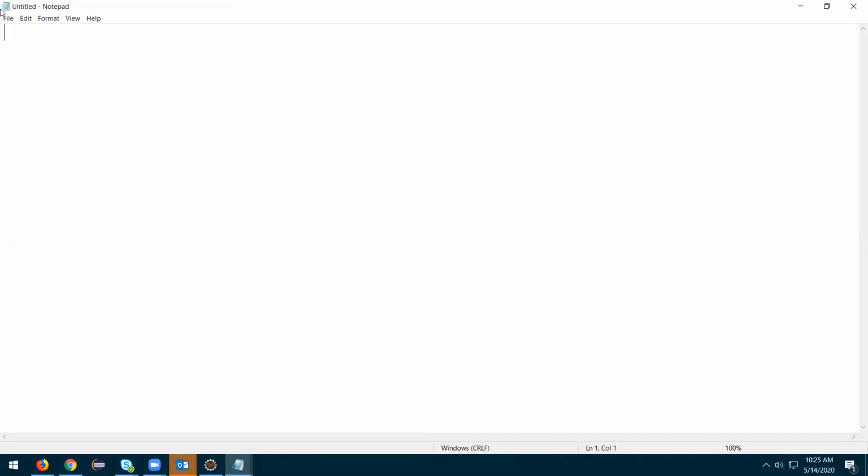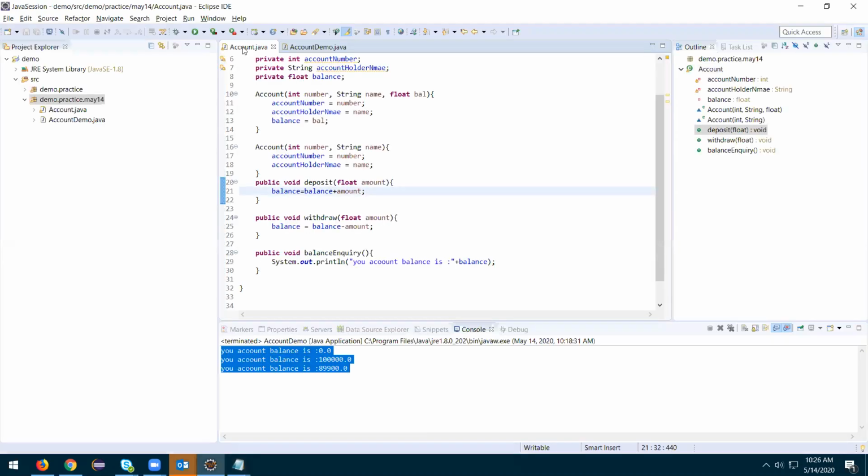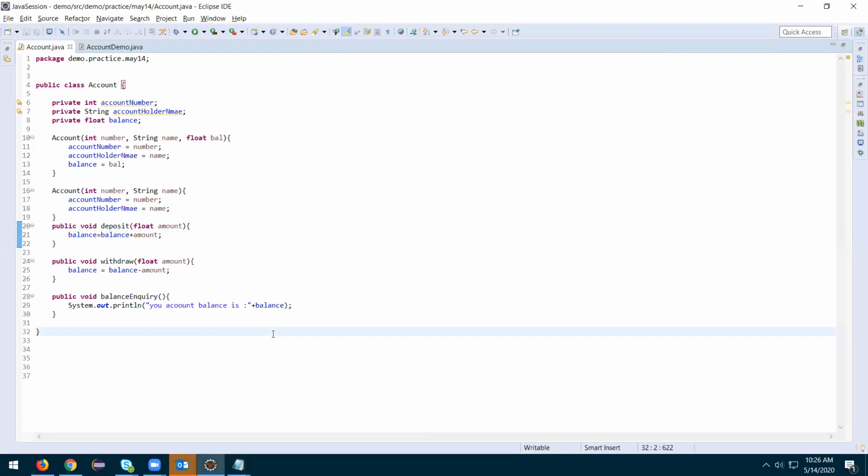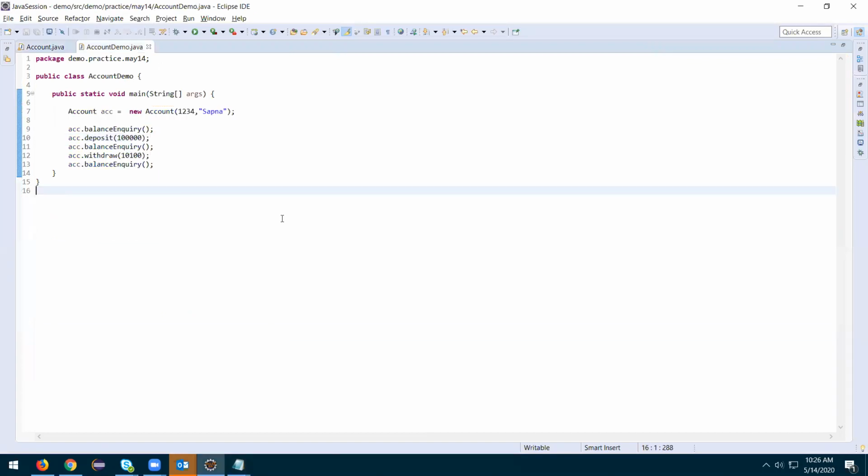I understood that. Yes, Shubham. I have a question for Jamnas. Can you go back to your code? Account demo. Jamnas, I want to create an account object, but I don't know the account number and account holder name.